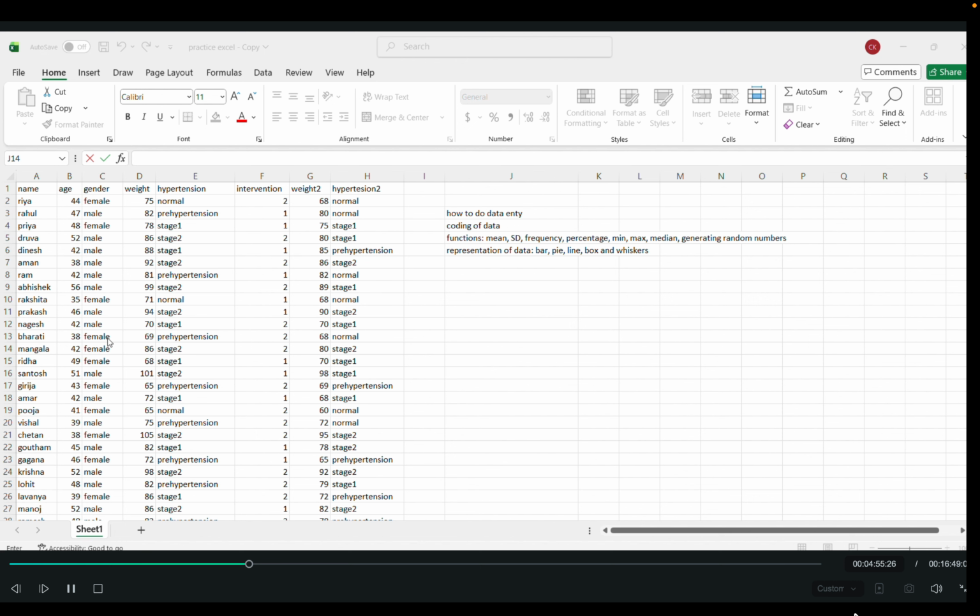And all the variables should be in a column, that is the age, gender, weight, hypertension, etc. That should be in a column always. So till now we saw how to enter the data in the Excel. Now we already know that we assess this data in the SPSS software. In SPSS, it won't identify these words, that is male and female and all these hypertension stages. So what we have to do is code the data. So let's code the data.